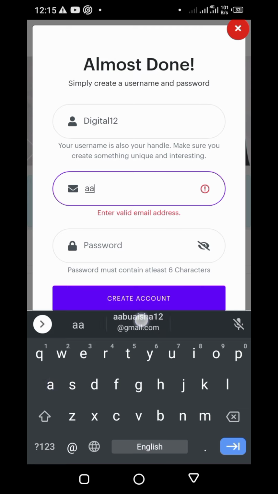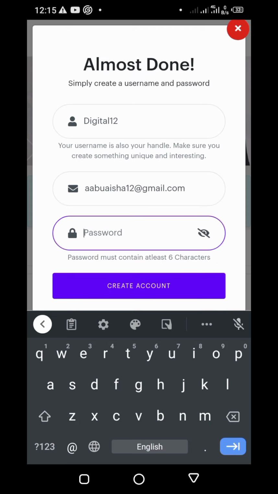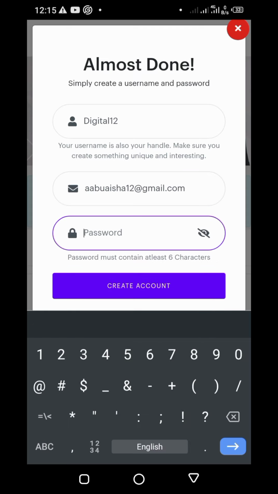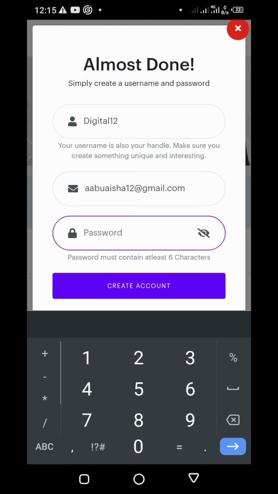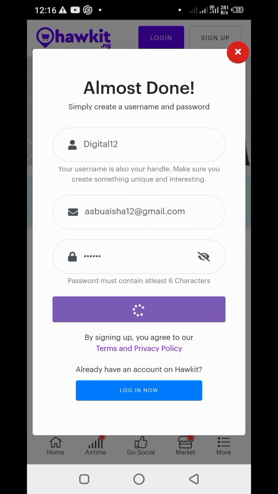After creating the account, they are going to send you a verification in your email. Then you are just going to proceed to your email address and take the verification that was sent to you.